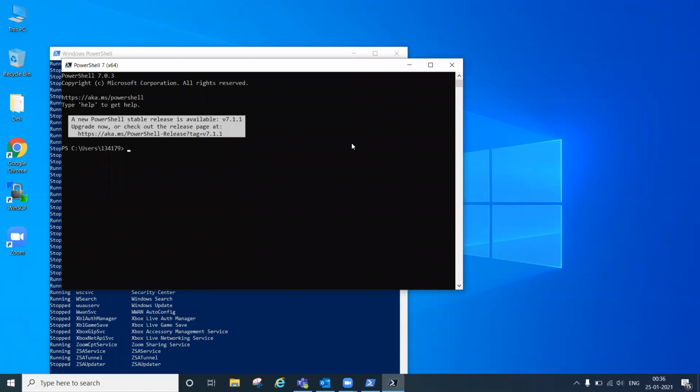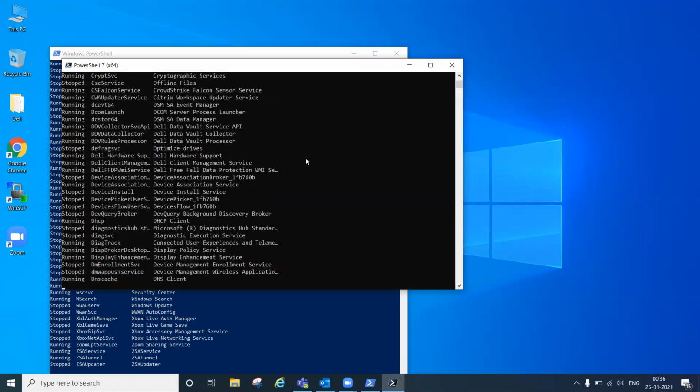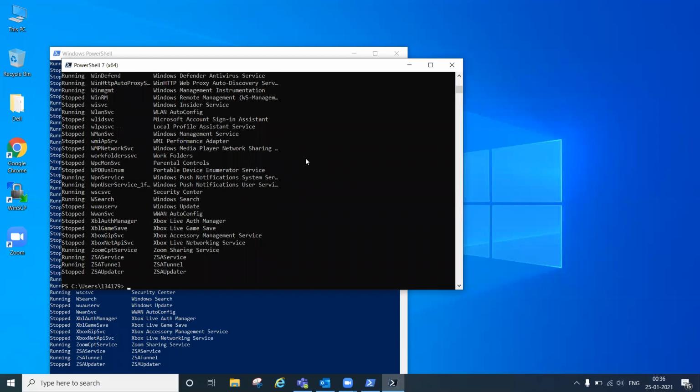So this is the PowerShell Core console. In PowerShell Core, we can do almost all the same things. We can run the Get-Service command in PowerShell Core here too, and we can see a list of services that are available.